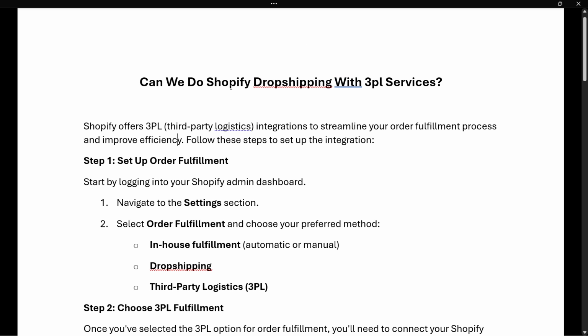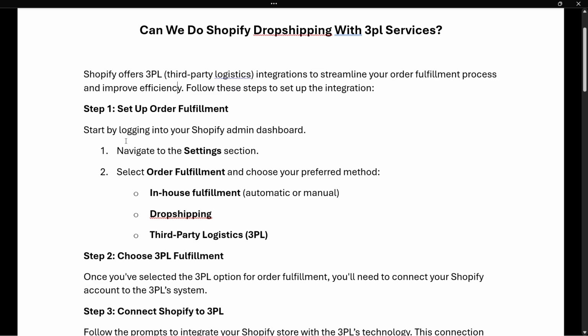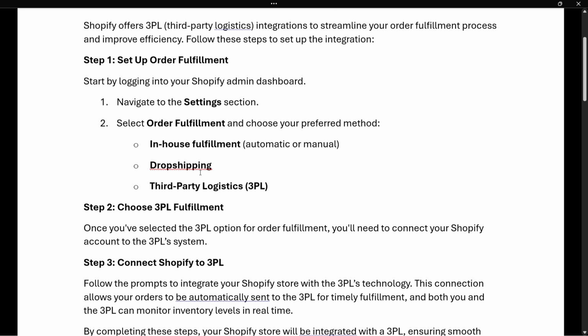with your Shopify store. So, step 1 is to set up your order fulfillment. You can do this by first logging into your Shopify admin dashboard, navigating to the settings section, and then selecting order fulfillment and choosing your preferred method. Now, there are 3 options that you have. The first one is in-house fulfillment, which can be automatic or manual, as you can see here on the screen. The second one is simply dropshipping, and the third one is third-party logistics, which is exactly what we are